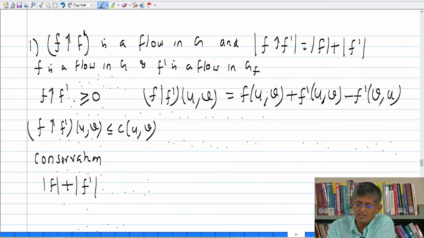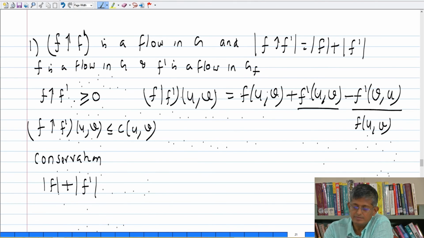Exactly. So now let us just look at this. What she is basically pointing out is that this term is positive. This f prime of v comma u, for an edge which is present in the network, is actually the f of u comma v. Remember that you are looking at a particular edge, uv. Recall the definition, what you would have done. You would have said f prime of v comma u by the definition of residual capacity would have been, sorry,